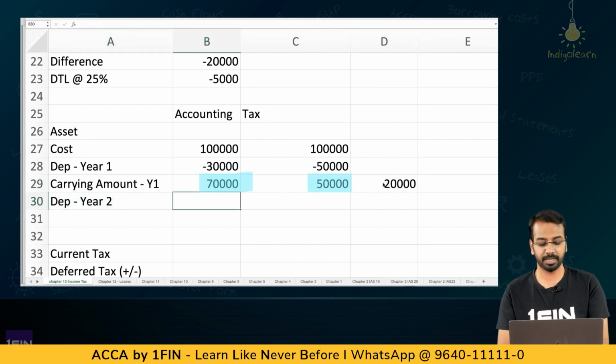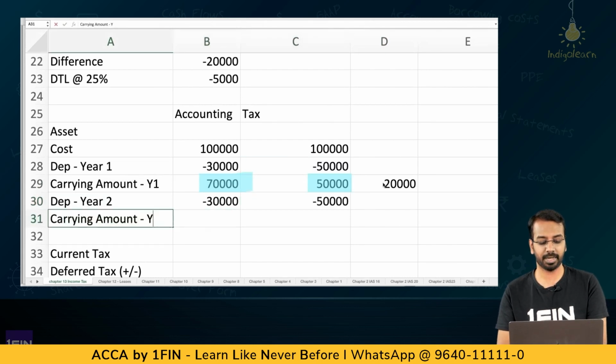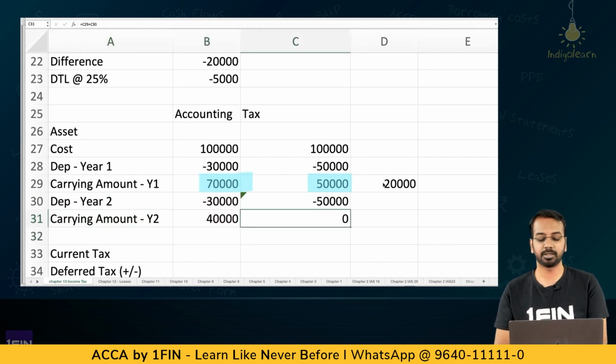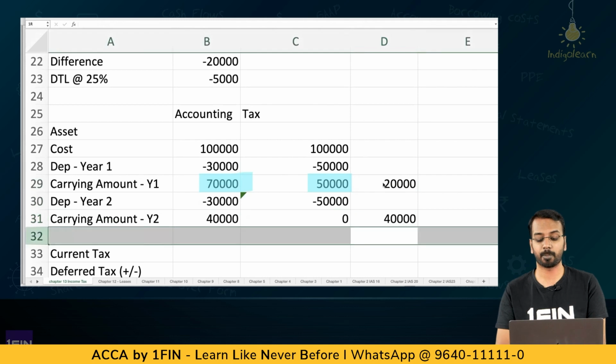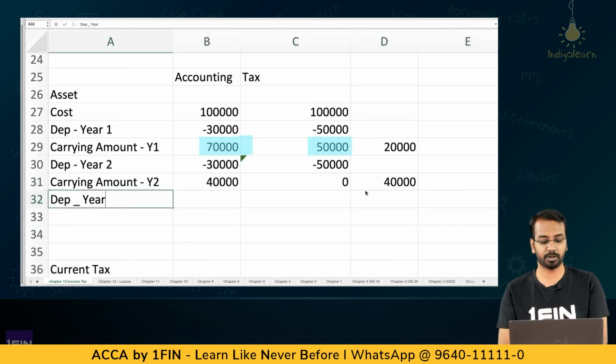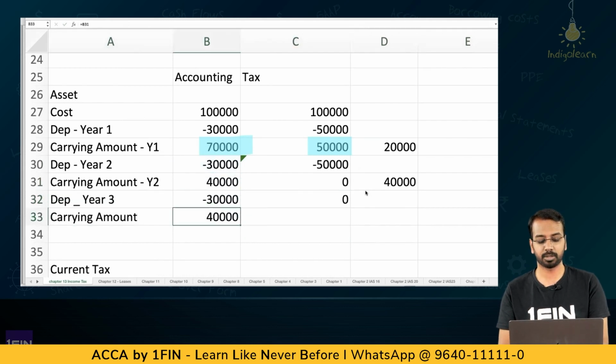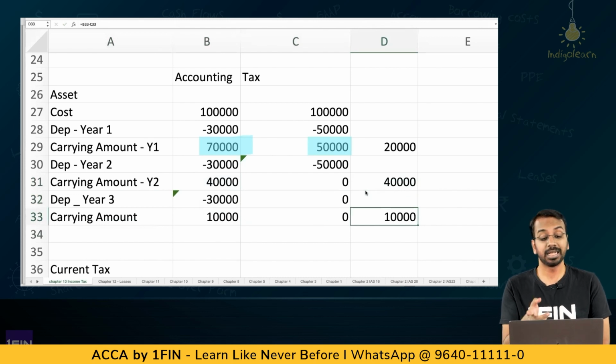Then depreciation of year 2 is again 30,000. Here it is 50,000. Carrying amount at the end of year 2 is 40,000 here and 0 here, right? What is the difference? 40,000: 20,000 of year 1, 20,000 of year 2. Then depreciation for year 3, 30,000, 0. Carrying amount 40 minus 30, 10,000 here and 0 here. The difference is now 10,000 only. So, this is how you will calculate the tax base and the accounting base, and you will calculate the deferred